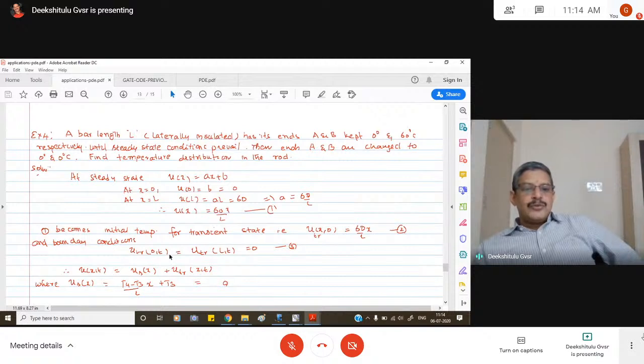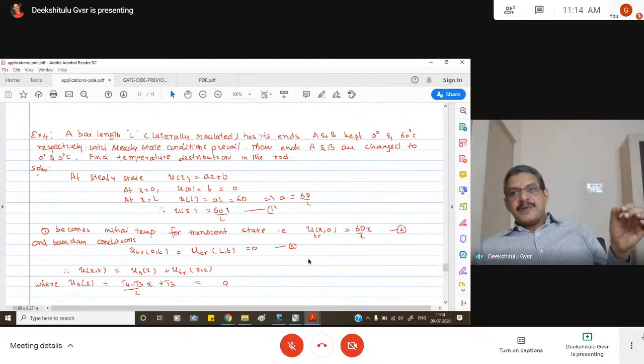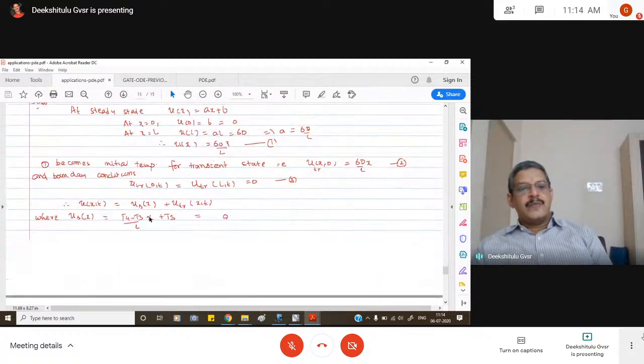So at steady state, UTR at 0, t, what are the endpoints? It has become 0. So U0T is 0, UTR is 0. Then U of x,t is equal to US of x plus UTR of x,t. So US of x is (T4 minus T3) by l times x plus T3,